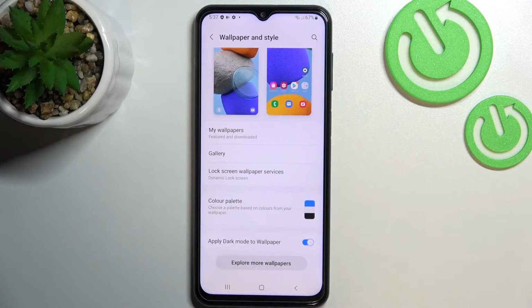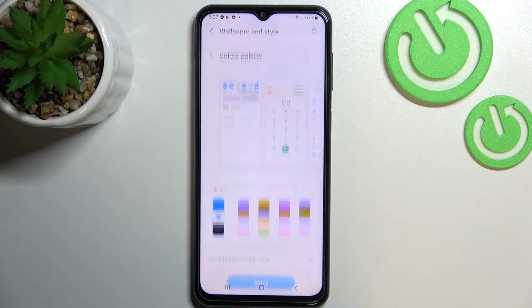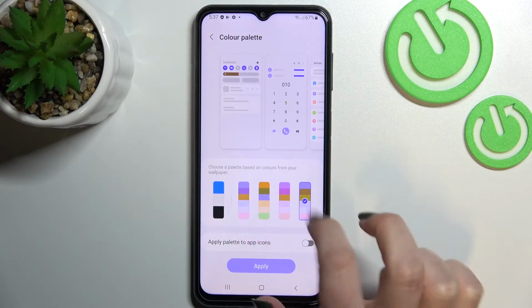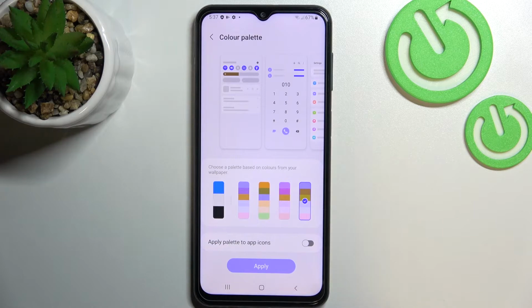And what's more, here we've got a new option, which is color palette, and after tapping on it you can see that we will be able to change the colors of the menu according to the colors which we've got on the wallpaper. So your device will simply copy them and apply them to the menu,